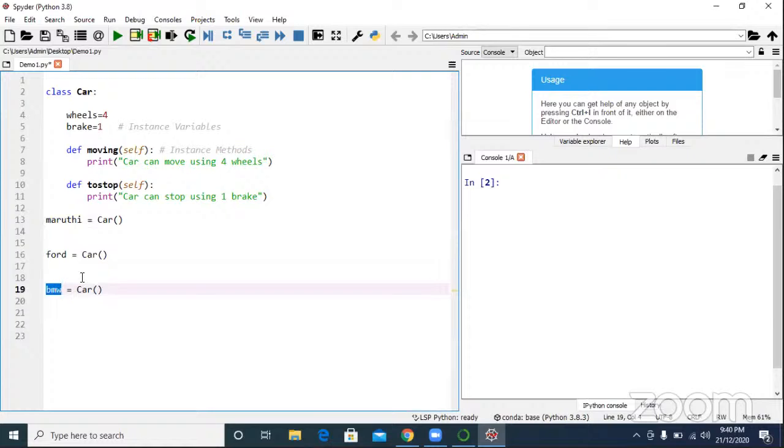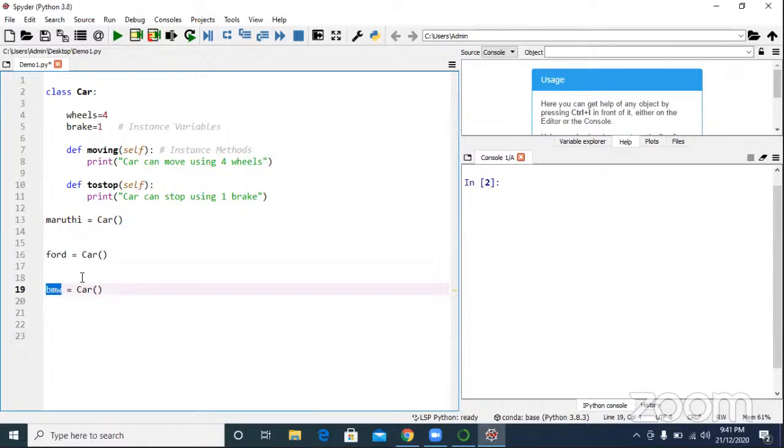So basically, who are there? Maruti, Ford, BMW. These are generally in English examples of a car, but in OOPS, instances. Maruti is an instance of a car. Ford is an instance of a car. BMW is another instance of a car.